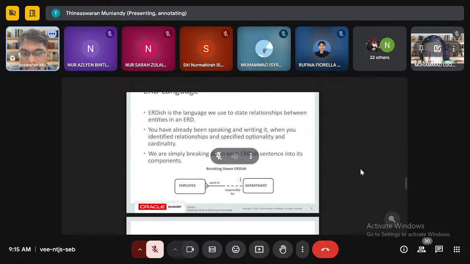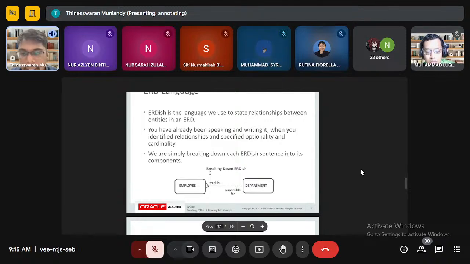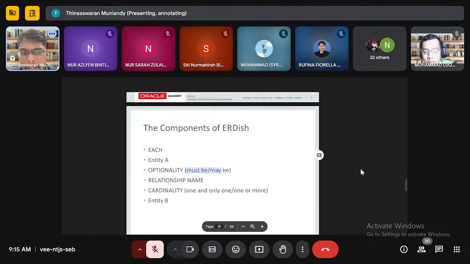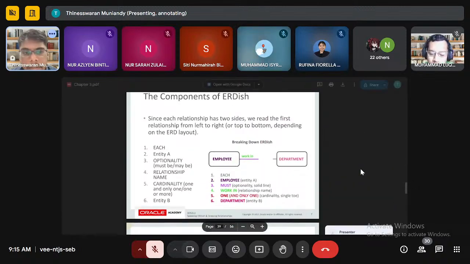Okay. One department may be responsible for many employee. Okay. Contohnya, that many employee never belongs to particular one department. Contohnya department lain lah. Dia belongs to, okay, department lain. Okay. If you see here, okay,